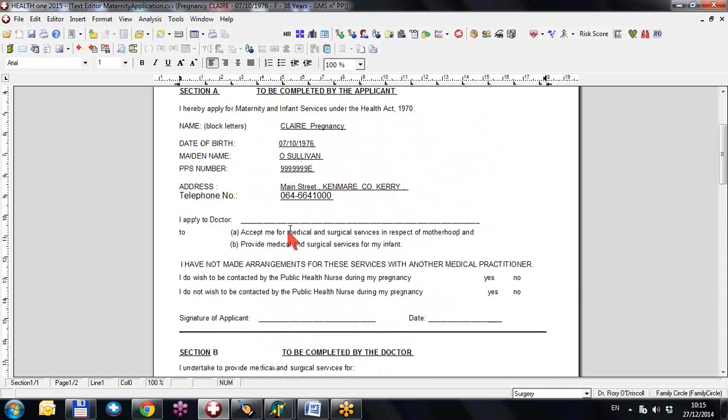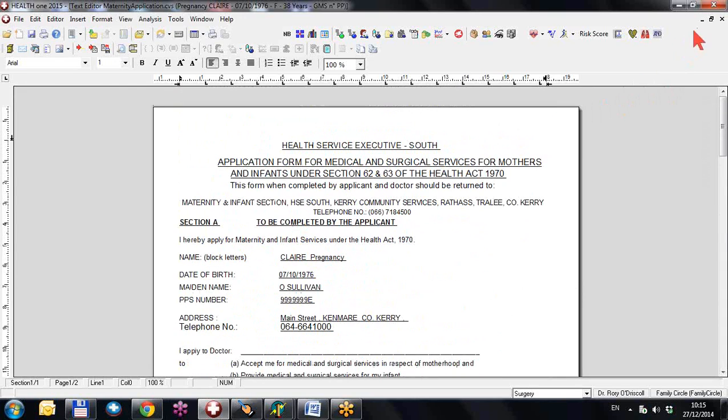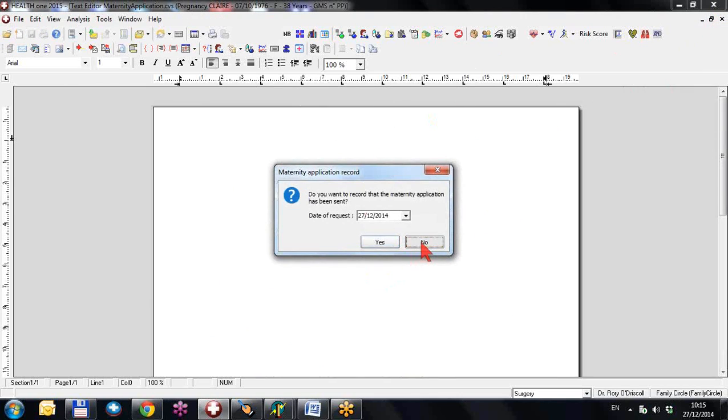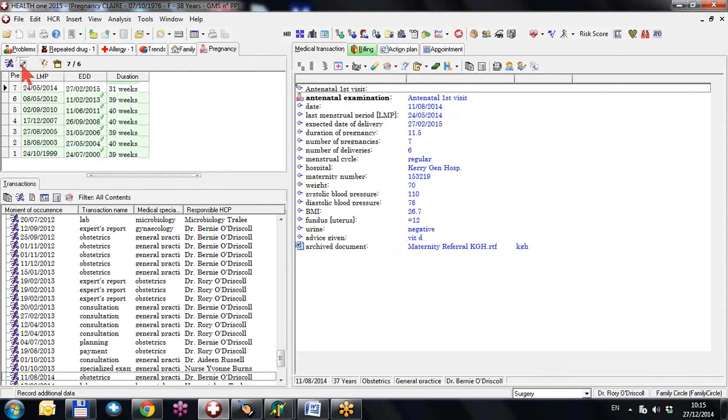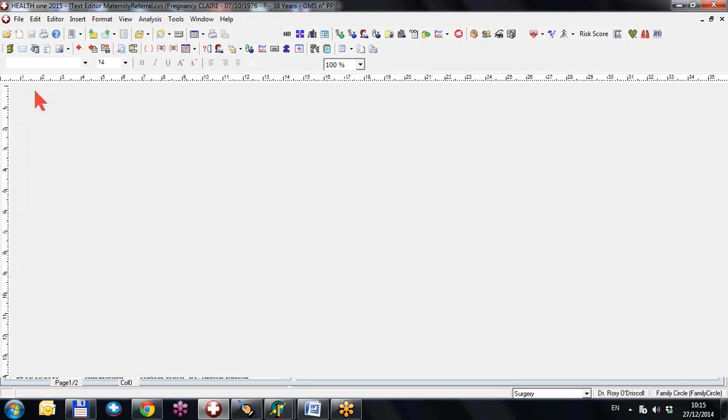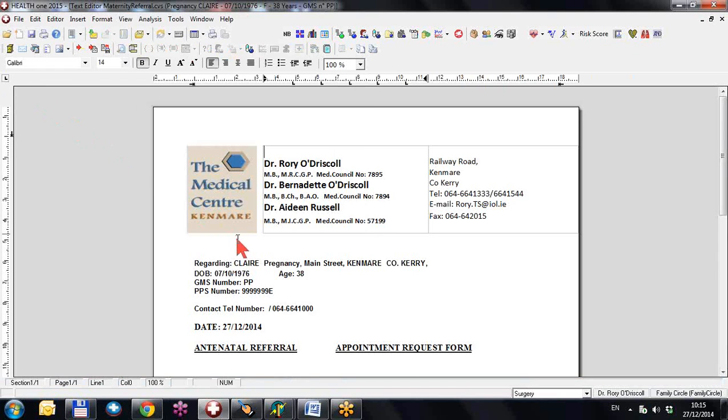This is the maternity application to the HSE. So we're going to exit that template. We're not going to record the fact that we sent the maternity application in this case. Again, go back to the administrative button and do the referral letter using the template, the HealthOne template form, and